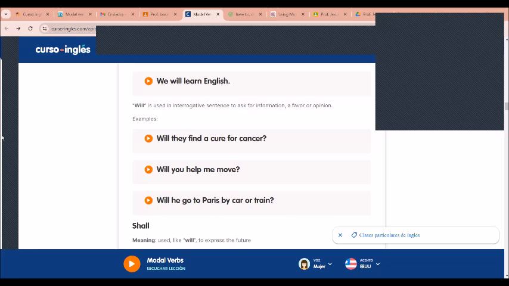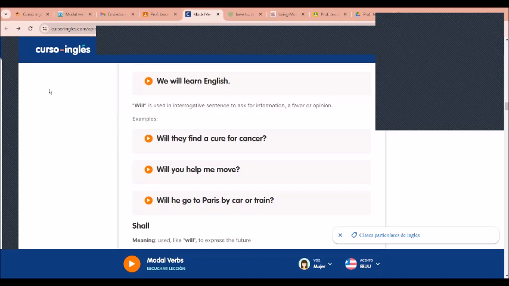Right. Now, we know that will is used for spontaneous activities, not a plan. With plans, we would go for going to. But with spontaneous expressions or answers, will is perfect. It helps us to give a bit of information, simple information in the moment. And that's why it's also perfect in this type of questions.